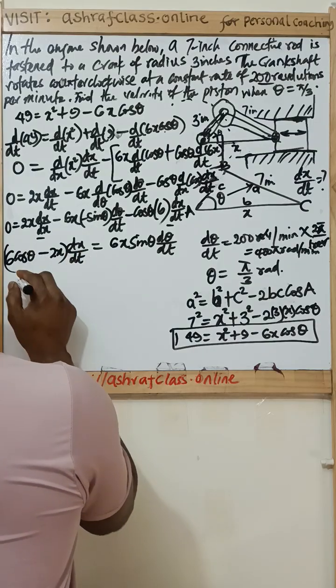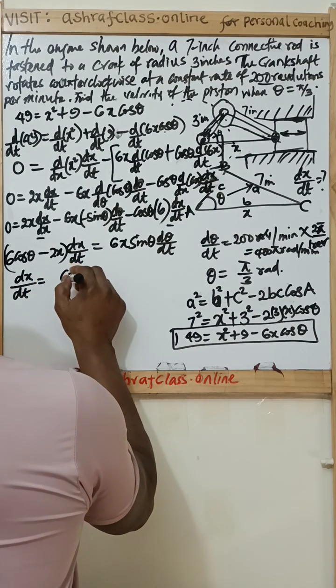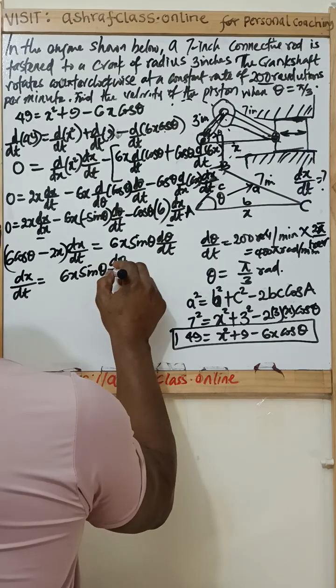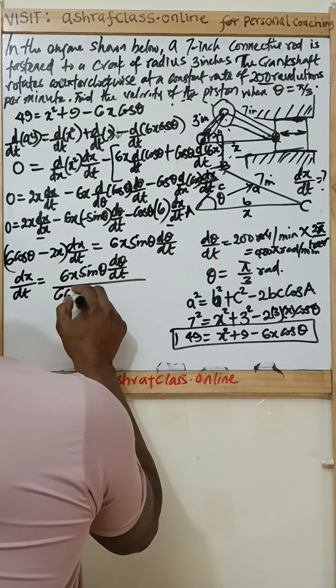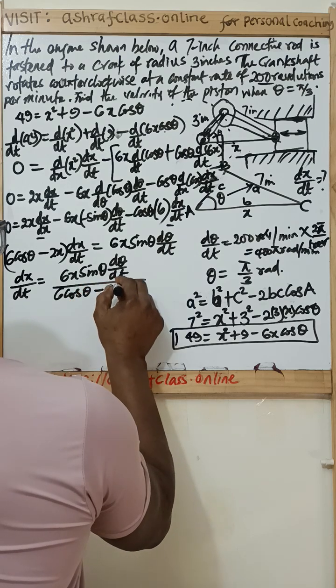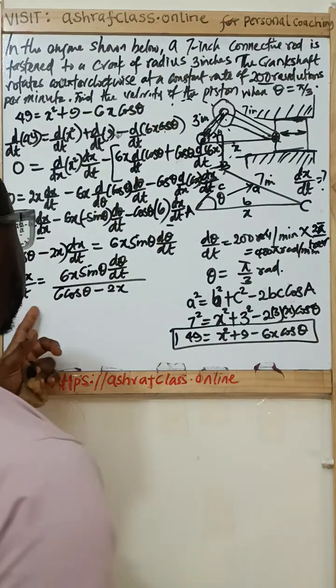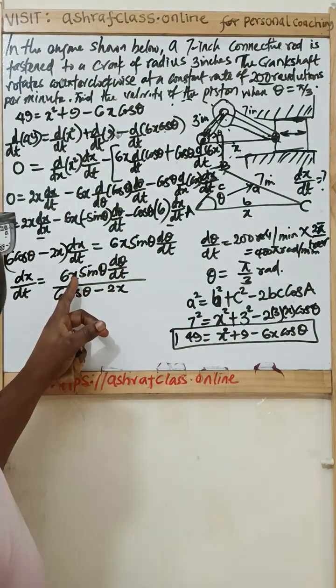We factorize, and so dx/dt is 6x sine theta dθ/dt all over 6 cos theta minus 2x. This is an expression for dx/dt, and if you look at this expression, you will see that we have